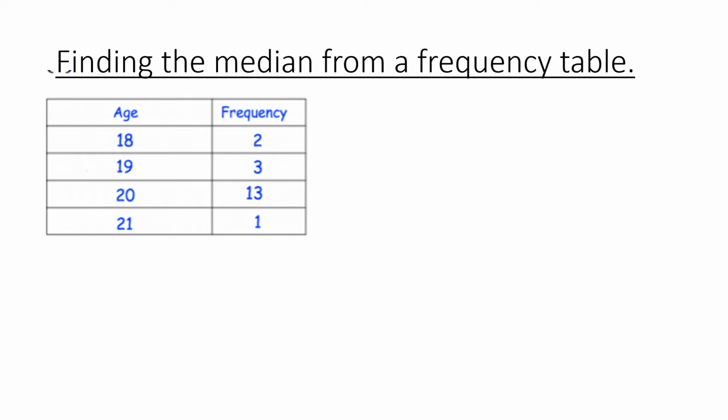So what happens if we are given our data in the form of a frequency table instead of a list? Well, we can turn our data back into a list form, knowing that frequency is the number of instances that something occurs. So we've got 2 lots of 18, 3 19-year-olds, and then we've got 13 lots of 20,